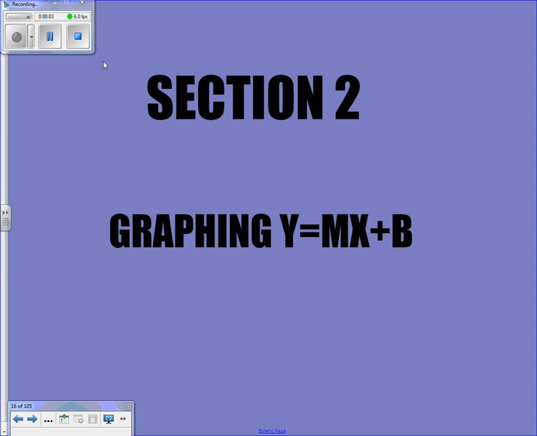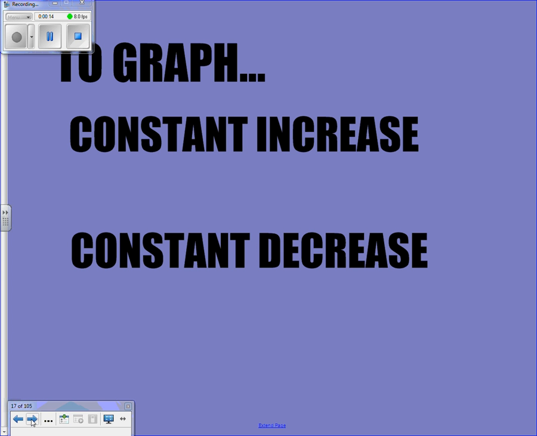Okay, so today we are talking about section 2, which is graphing y equals mx plus b. This is something you looked at a little bit yesterday with your calculator, but now you're going to learn to do it by hand. So things we want to do to graph is either figure out if it's a constant increase or a constant